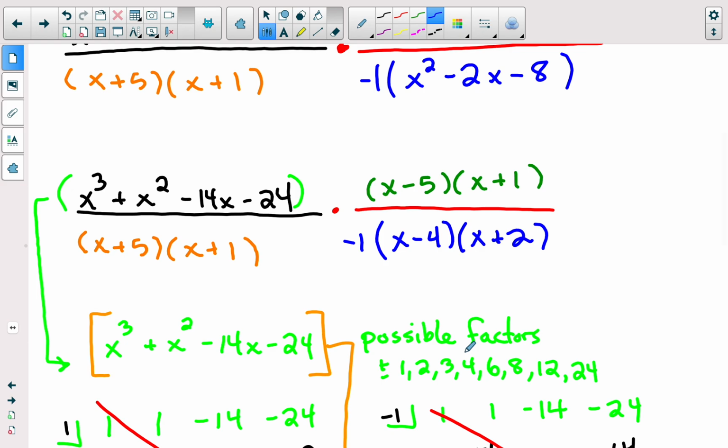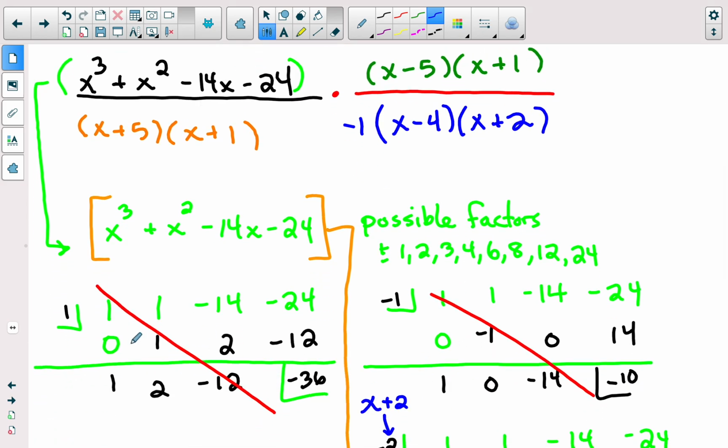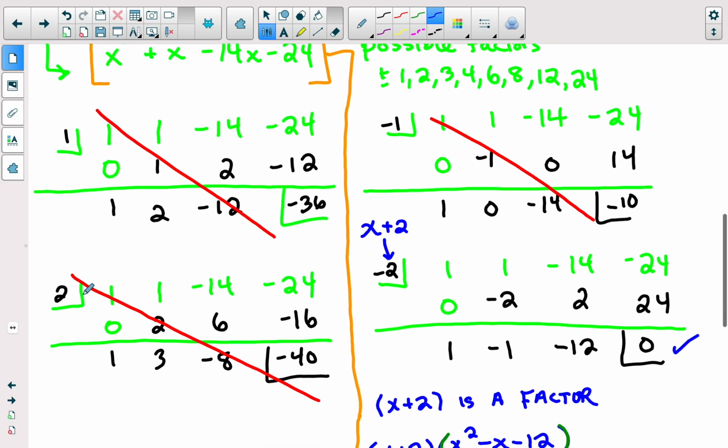So I run through my first run, use +1 and -1, and both of those do not produce a 0, right? So they are not factors. X minus 1, x plus 1 is not going to be a factor. Then I'm going to move over to plus or minus 2. I see that 2 is not, -2 is, which means a factor of x plus 2